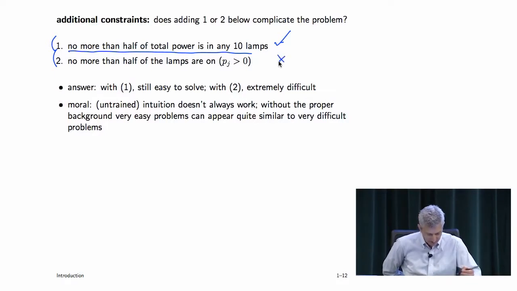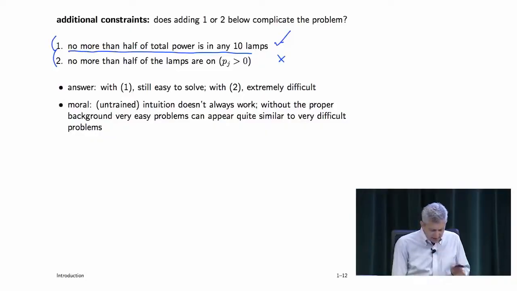This one is actually extremely difficult to solve exactly. By the way, there's very good heuristics for solving the second one. Approximately solving the second one. Very good heuristics for it. But they're just heuristics. Okay? I mean, heuristics can be very useful, right? But you're not solving the problem, right?